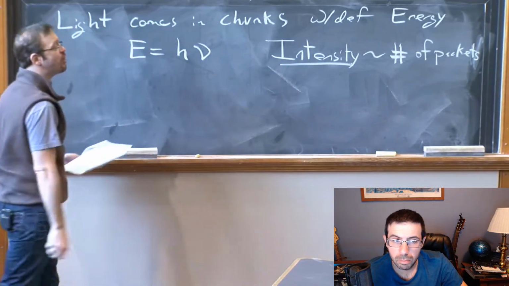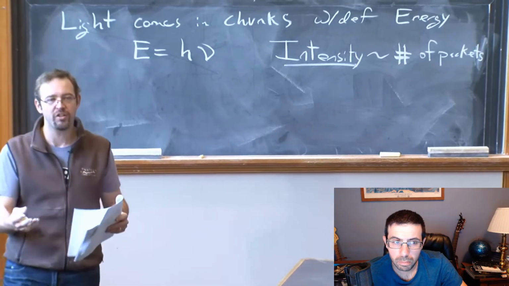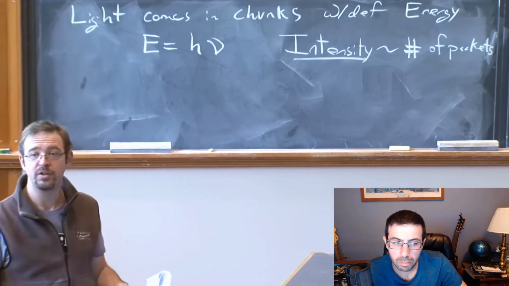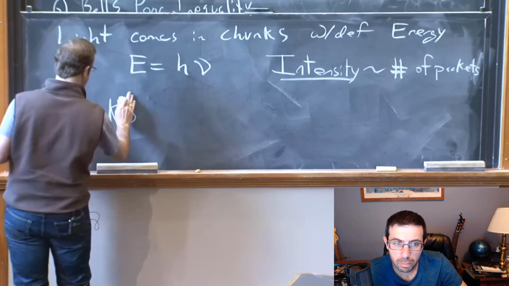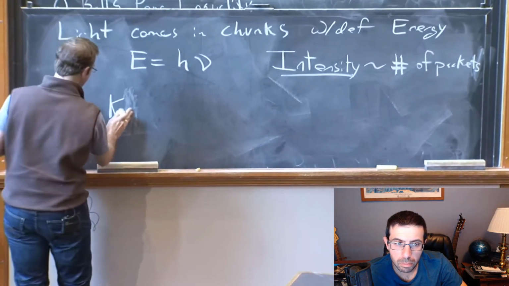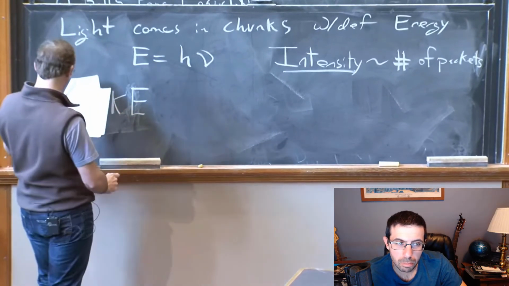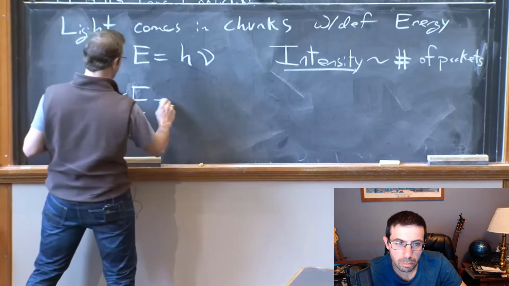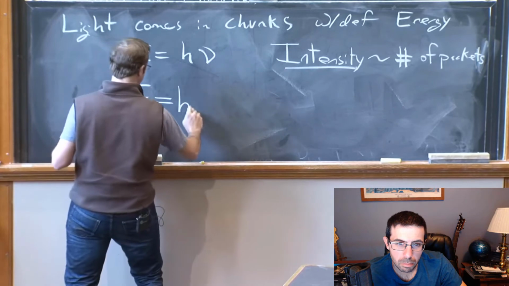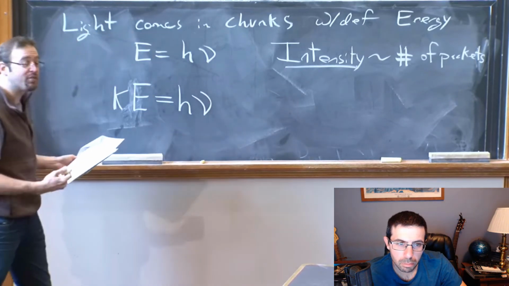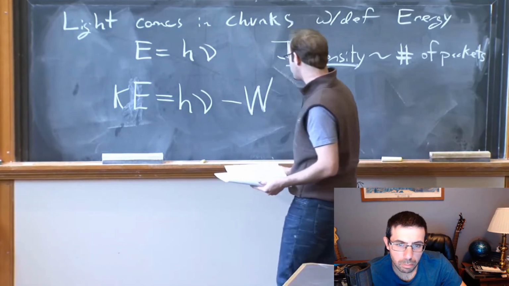And so to explain the photoelectric effect, Einstein observed the following. Look, he said the electrons are stuck onto the metal, and it takes some work to pull them off. So now, what's the kinetic energy of an electron that comes flying off? Well, whoops, K3. Kinetic, Ke, not 3. So the kinetic energy of an electron that comes flying off, well, it's the energy deposited by the photon, the chunk of light, h nu, but we have to subtract off the work it took, minus the work to extract the electron from the material.